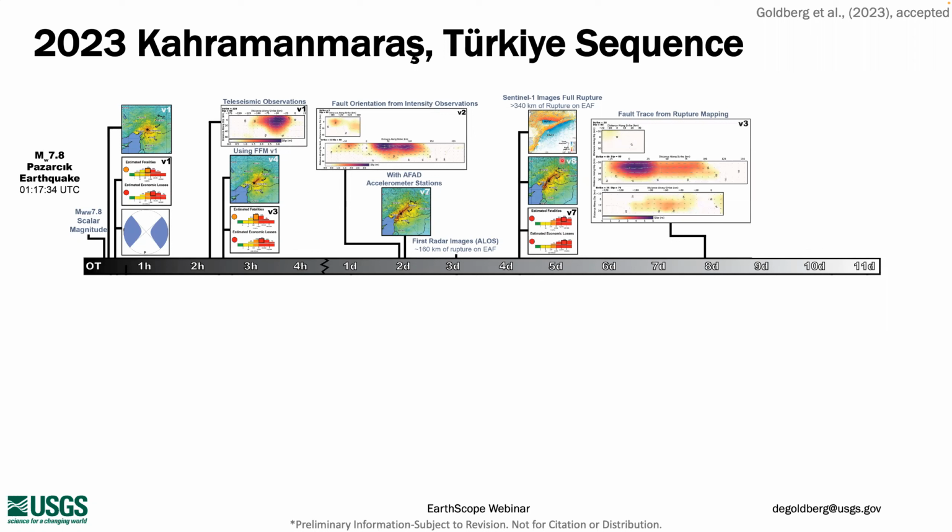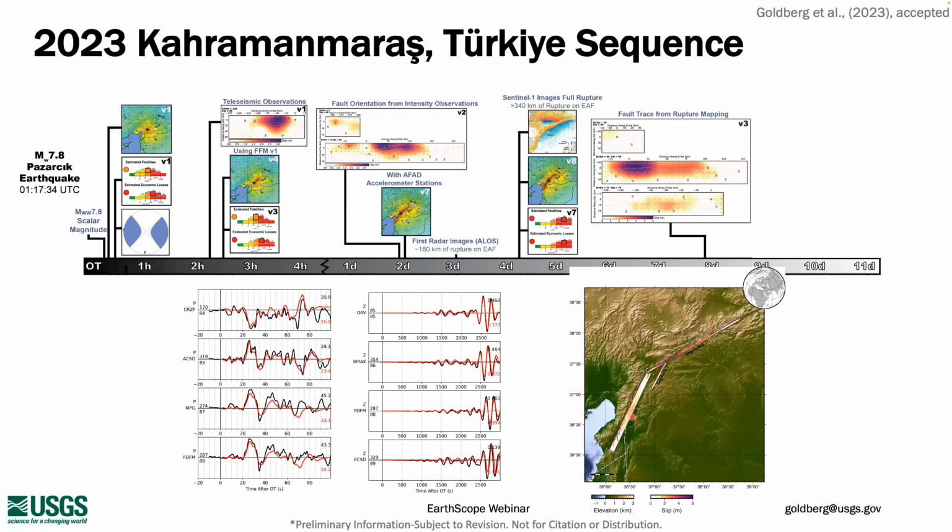So once we had information about this rupture trace, we now know that the hypocenter is actually on sort of an offshoot of the main rupture, and we end up using two other fault segments to track where we are seeing the rupture from the InSAR interferograms. So this is a model that doesn't actually use the InSAR directly, but uses information from InSAR to estimate the rupture orientation. And on that, we're using our teleseismic data to model the rupture.